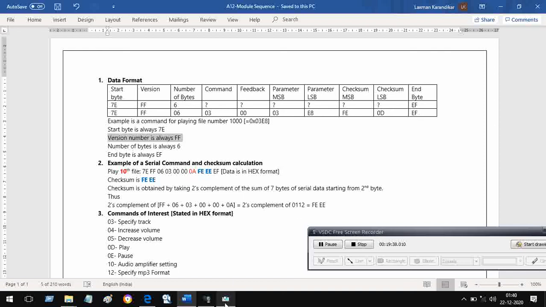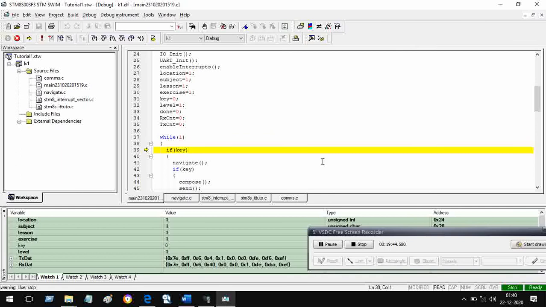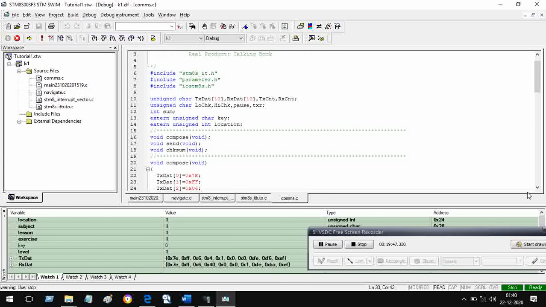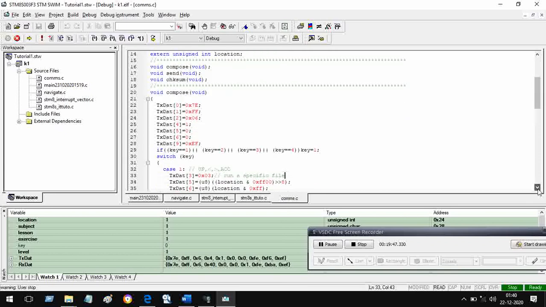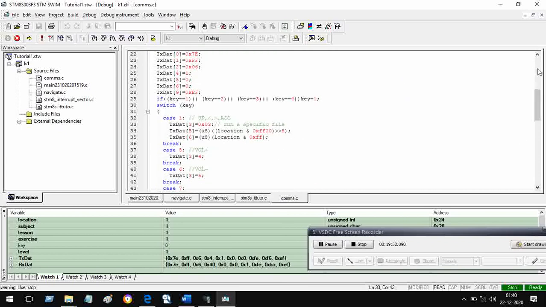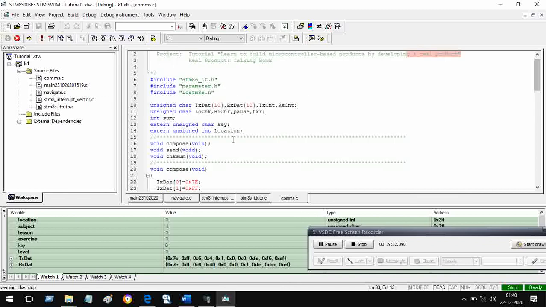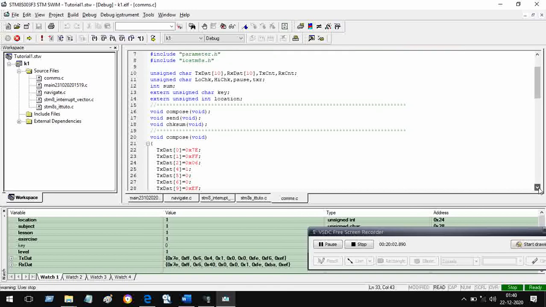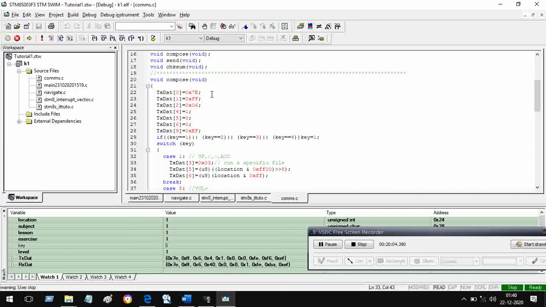Now, in the comms function, we use the address obtained in the variable location from the navigate function, and we spread it out in the form of 10 bytes of a stream of data sent at 9600 baud to the MP3 module.